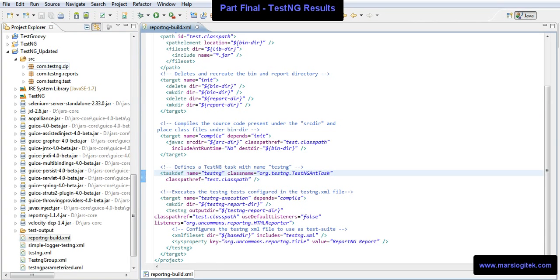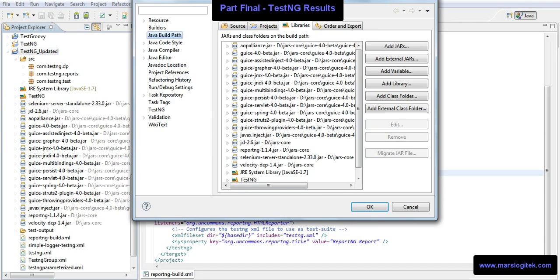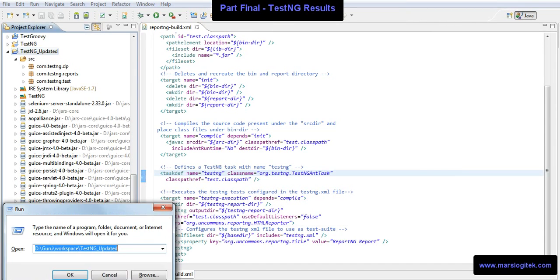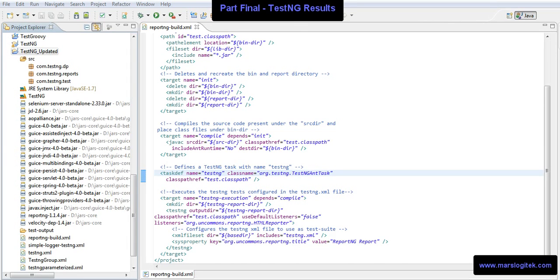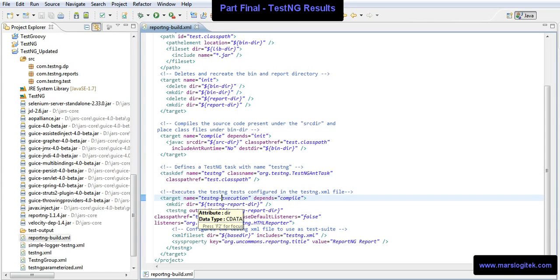So what I'll do, I'll straight away run this once you've imported all the jars: Run As, Ant Build. Also, what I suggest is you can copy the path where it resides, and I'll go to the command prompt. This is explained in detail in the previous session. So you can say ant clean compile. You want to run the targets. What are these targets? You should know the exact target name, and yeah, this is the target name. And clean, compile,